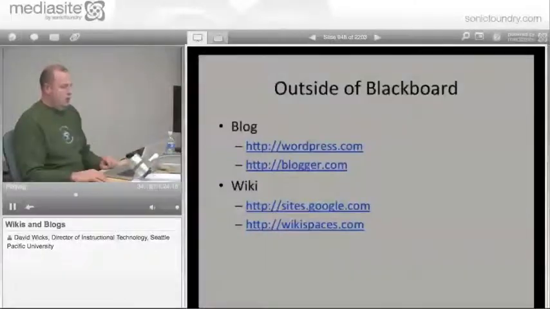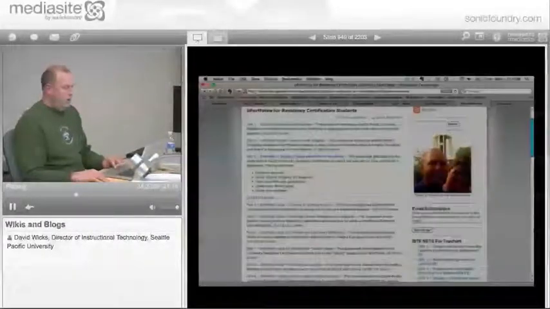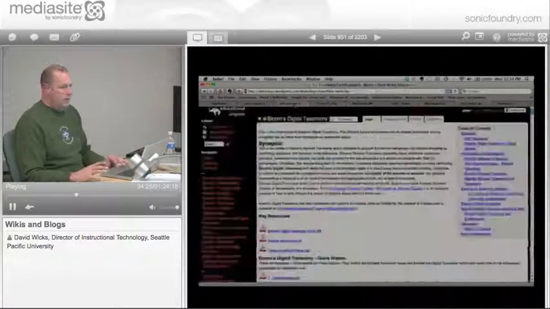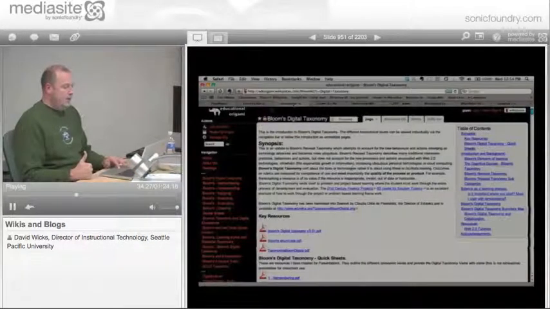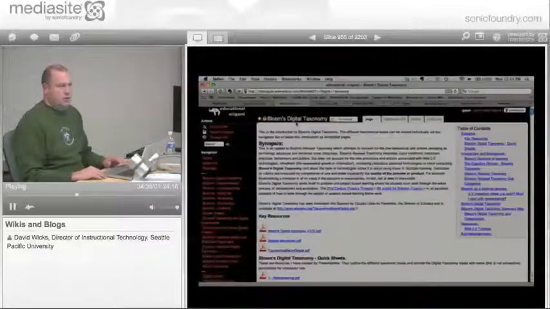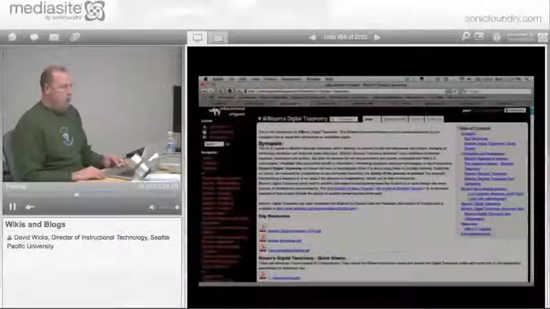Let's just quickly look at some examples of the Wiki tool. So I'd already shown you this education origami site. That's done with a tool called Wikispaces. We see that up here, wikispaces.com. You can go to wikispaces.com and sign up for a free education account. And the one